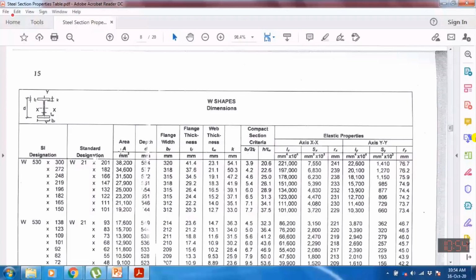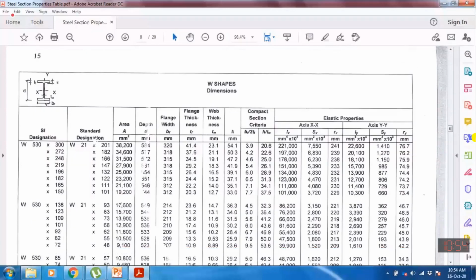Because this is a standard section. Standard section means that the vendors or factories have manufactured this section as per the requirement given by AISC. So AISC said that if you want to make a W530 into 150 section, this area must be